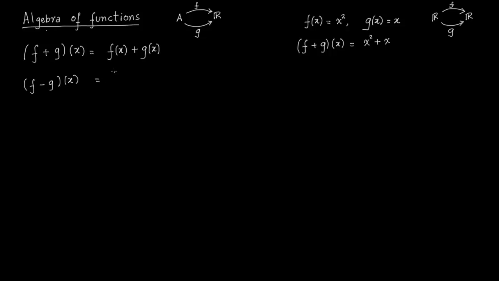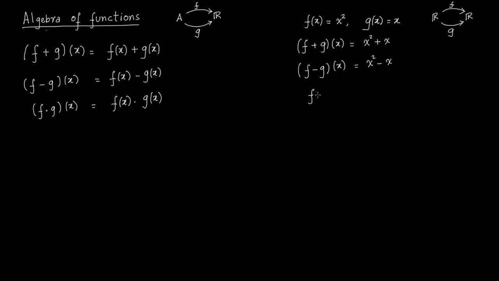(f minus g)(x) is f(x) minus g(x), and again you would have guessed what would happen with x square and x. Now f multiplied with g. So in terms of examples, you can see